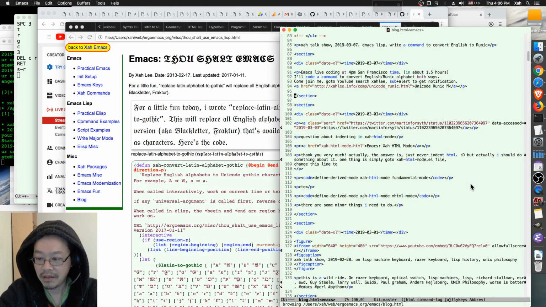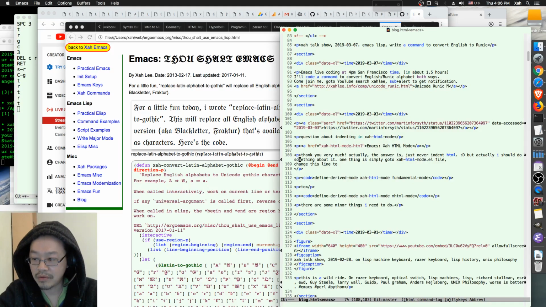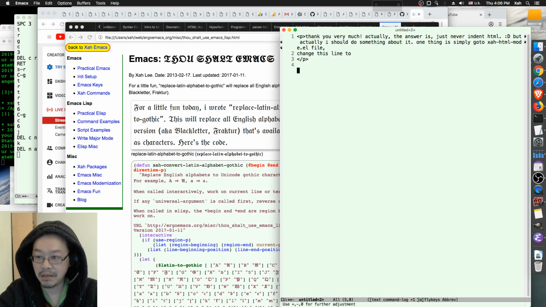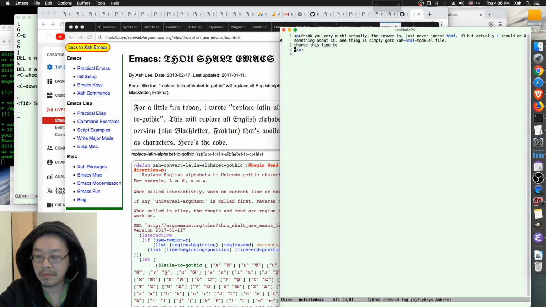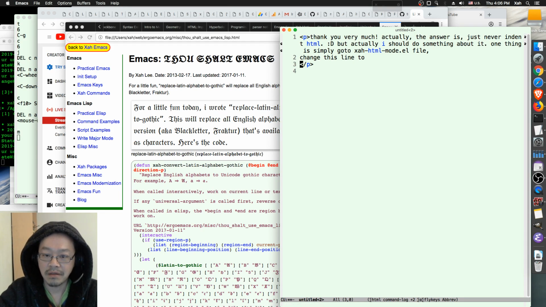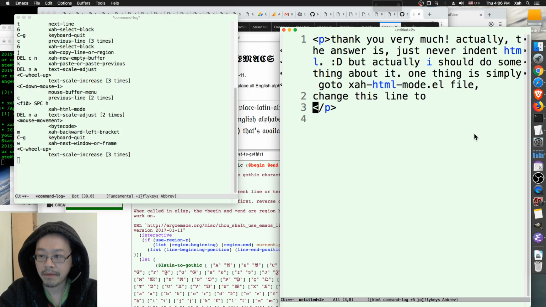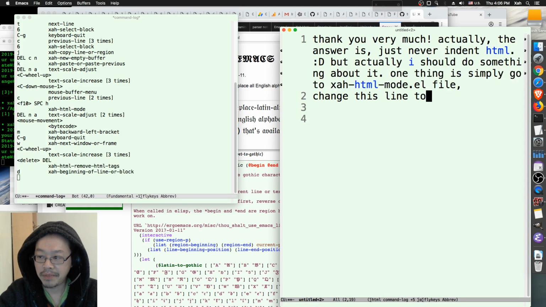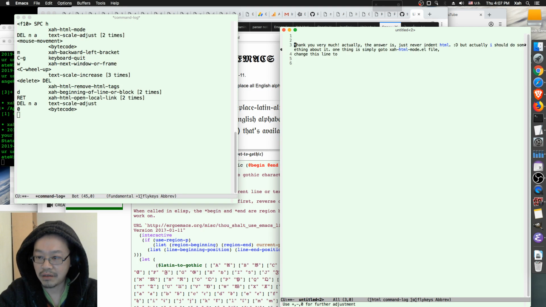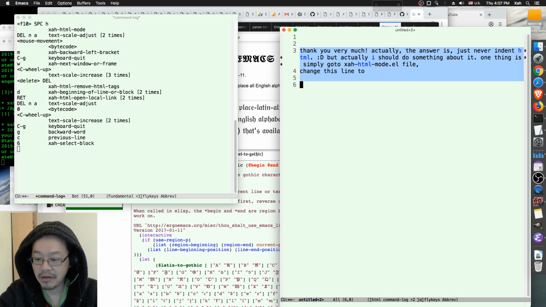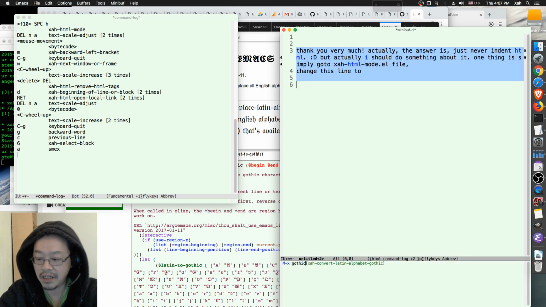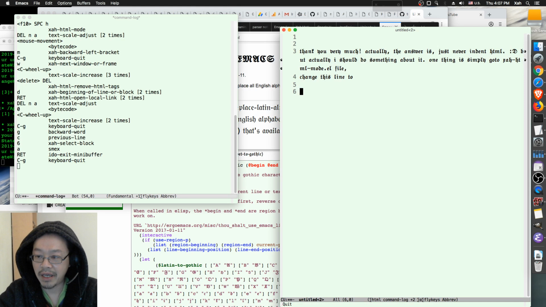Let's try that. So for example, I'm going to copy this, new buffer, paste it here, magnify, and go to HTML mode. Oh, magnify. Okay. So wait, magnify, and remove the p tag. So here's a bunch of text. Actually, that's too big. Okay, now I just select it, call Gothic. There it is. XAH convert Latin alphabet Gothic. Enter. So they became